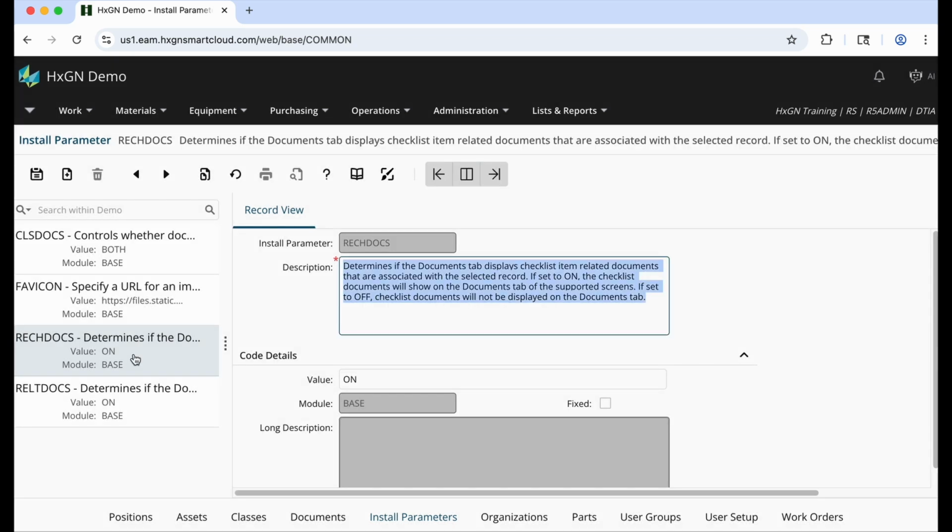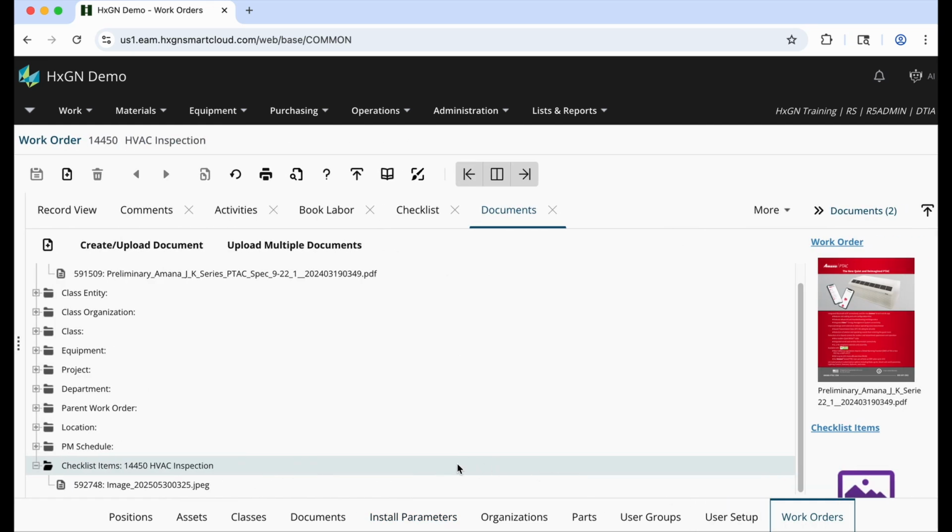RECH docs is another new install parameter. If set to on, checklist item documents will be displayed on the Documents tab. Let's take a look at a work order. As you can see, a checklist items section has been added to the Documents tab. This is a great addition, as sometimes those checklist item attachments are extremely valuable, yet overlooked if you don't know to look for them. If you decide to turn on this functionality, I encourage you to review the RELT docs